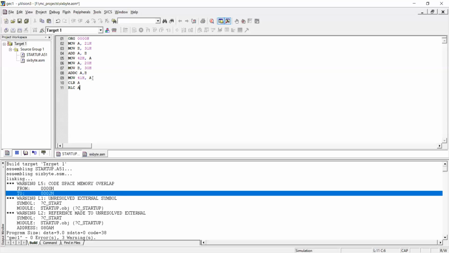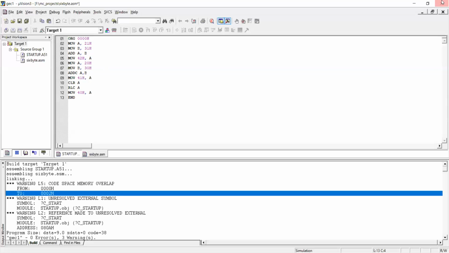The MSB becomes the carry bit, and the carry bit becomes bit 0 of the accumulator. So if there is any carry, it will be stored in the accumulator, and I move that content with MOV 40H, A. I'll put an end here.